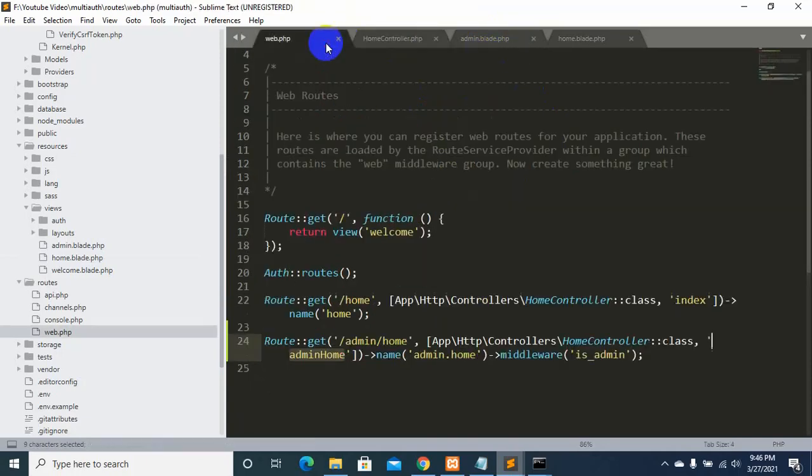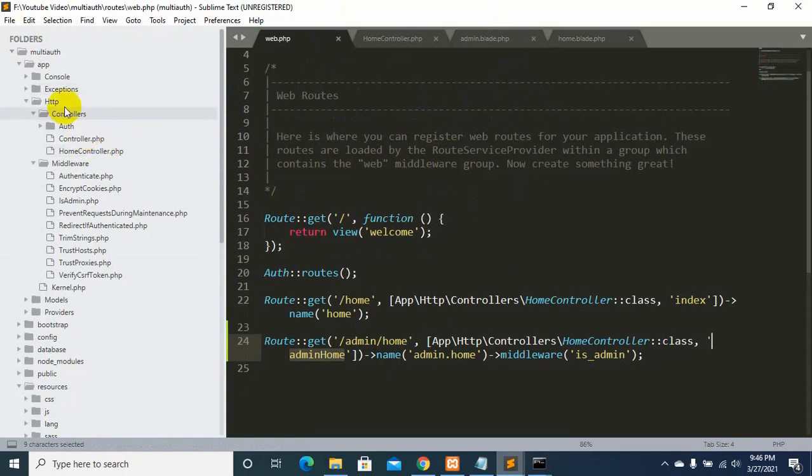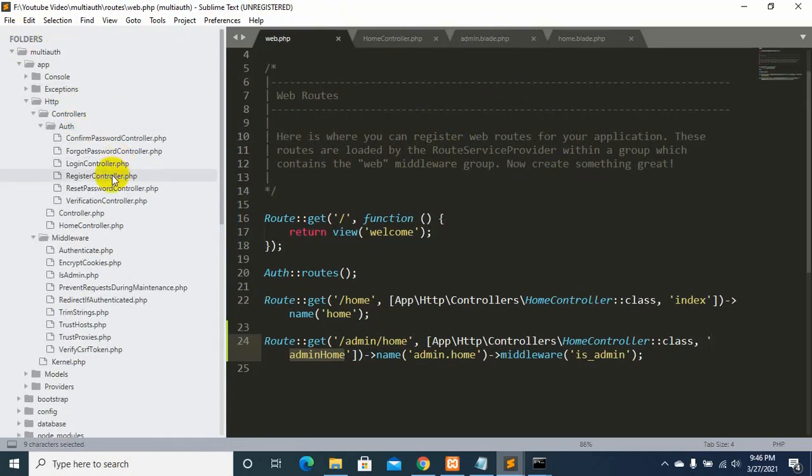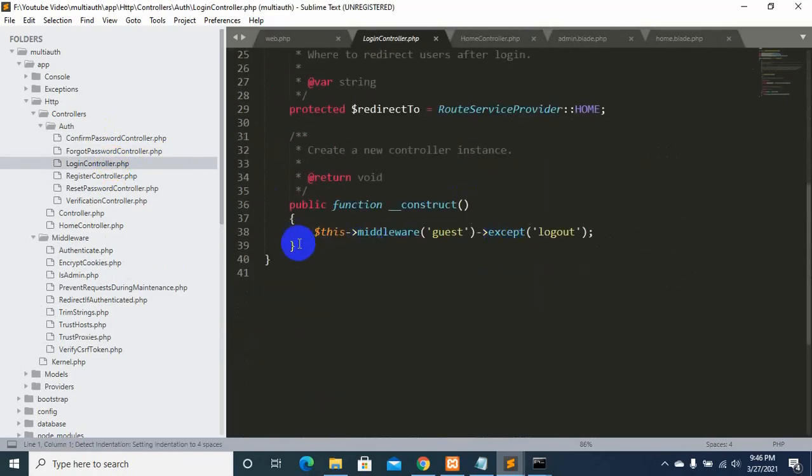So now we need to go to login controller, which is inside app http. Over here you can see auth. If we click auth, you can see LoginController over here. Okay, and inside it we will create a login function.